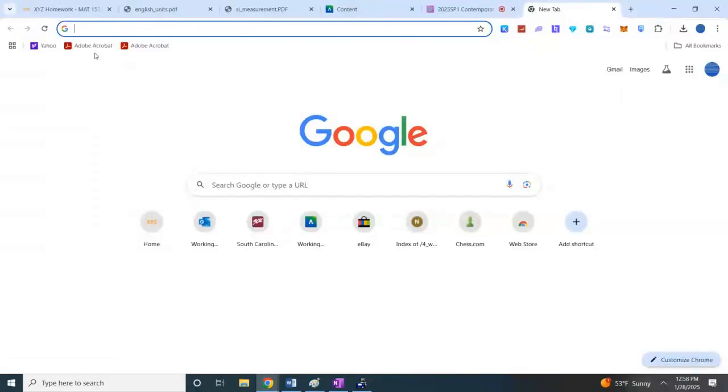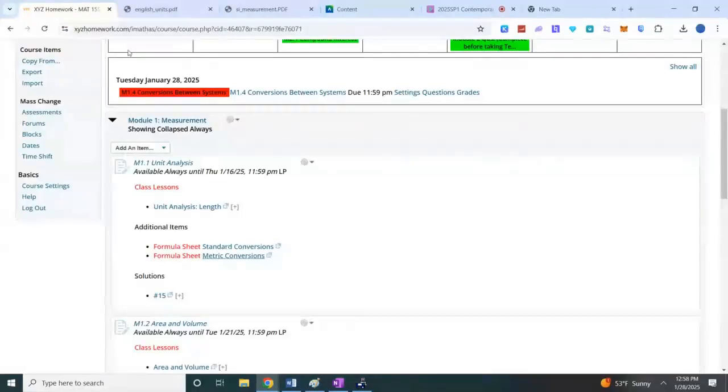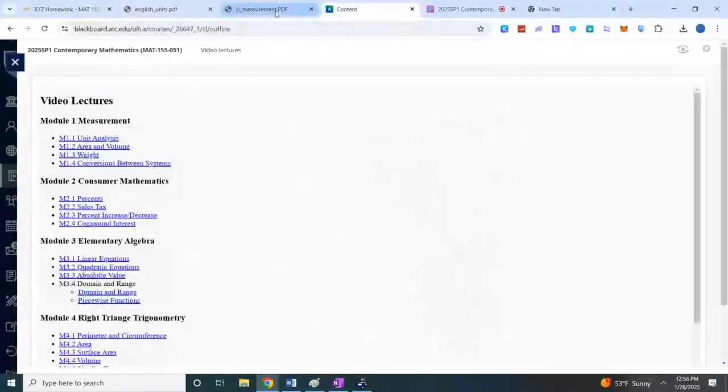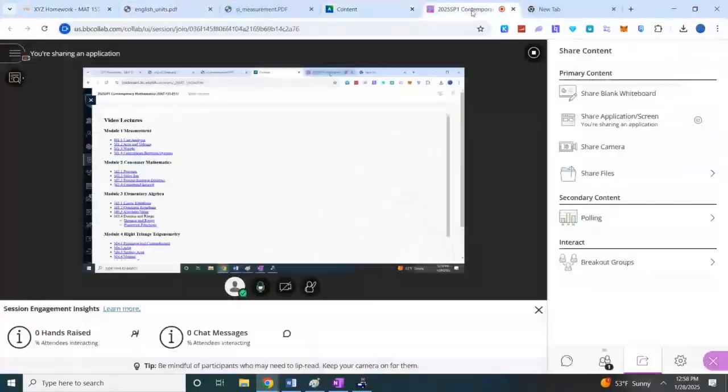I mean, in my opinion, if you were asked to solve a math problem outside of any institution, you would probably just go to Google, I know I do that. So there are also some conversions within Google that make this stuff a whole lot easier, at least up front. All right. So we're going to get to that in a second. All right. So let's take a look at the